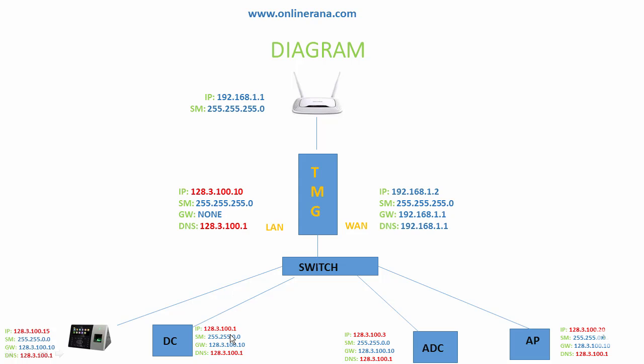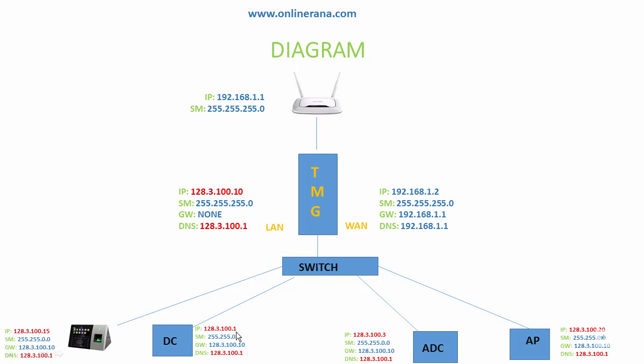128.3.100.1, the IP scheme, is a class B IP. You can do countless subnetting. So if you have a bigger environment, more than 10,000, 15,000 users, you should go with class B, because in this class we can create many subnets, VLANs, whatever. So it's a class B, and